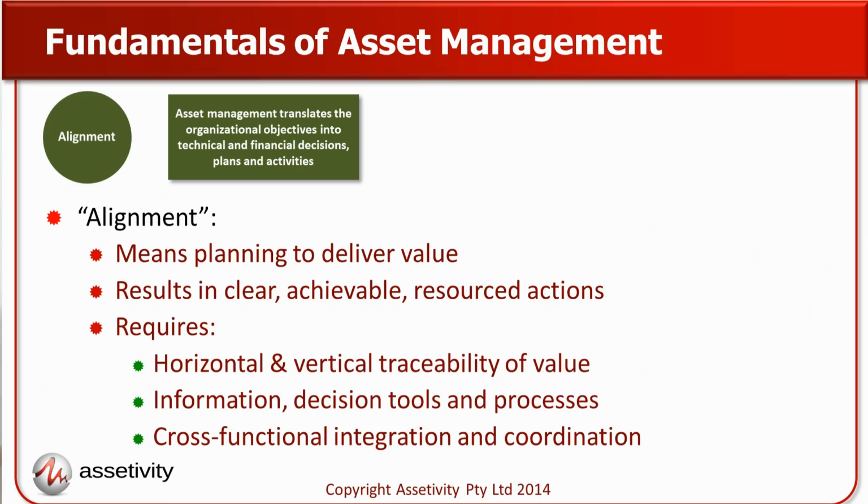Equally, we need to ask ourselves where the priority is. Is it on this chlorinating equipment, or is it on replacing aging pipes, or is it on replacing or expanding the desalination plant? If we're following this fundamental, what we'll end up with is a robust planning process that produces clear, achievable actions that can be performed by the organisation, and also that are prioritised and aimed at delivering in as optimal a fashion as possible the value the organisation has identified.